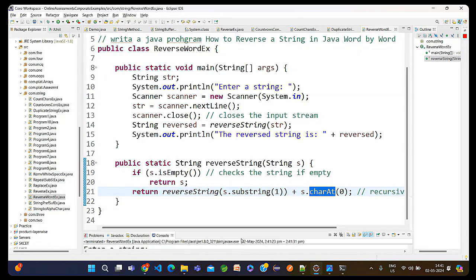Yeah, that is the point simply. The reverse method undi. That one is easy, right? How we